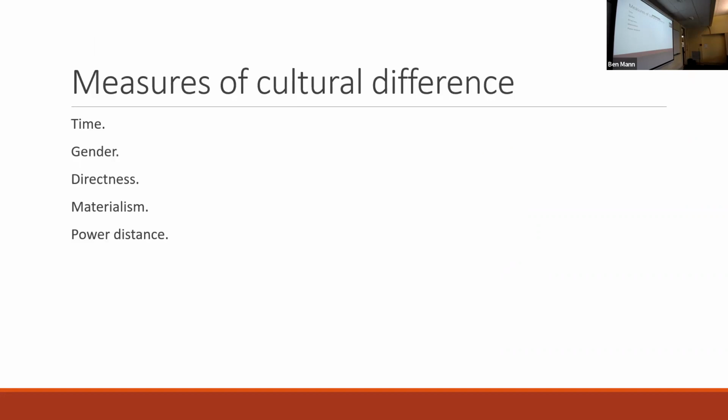So we have a number of measures of cultural difference, right? And these different measures will be useful for you as you think about today's group activity, but also useful as you're thinking about your small group assessment. And these help us to understand some of the ways that cultures might communicate and engage differently in groups. And these were, as we discussed last class, developed by Stuart Hall, who really sparked cultural studies and how we can compare the ways that different cultures communicate with one another.